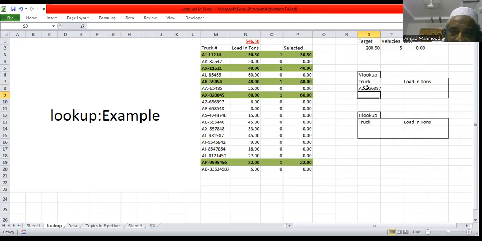So as soon as this truck number comes here in future, this cell should become 6 directly, without you having to enter it. You keep on changing this, and this will automatically change by means of the VLOOKUP. Okay, so we write the formula: equal to VLOOKUP,